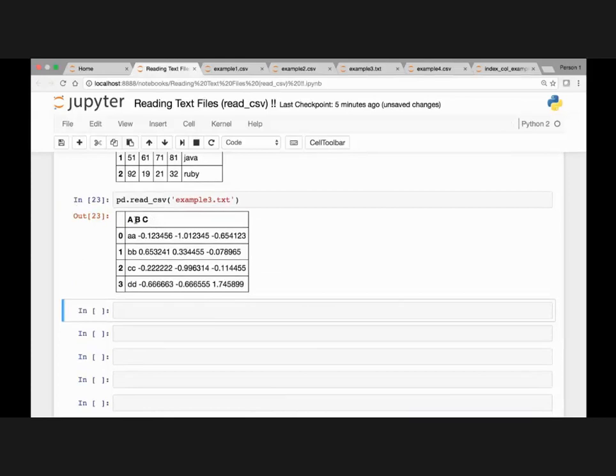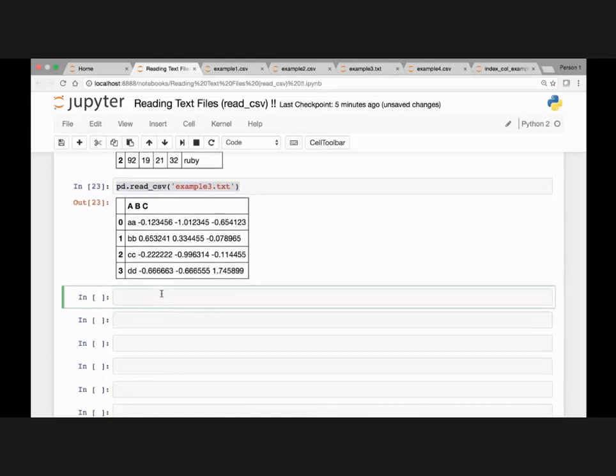So this is what our text file looks like. Now let's use the read table method to read our text file. So pd.read_table,